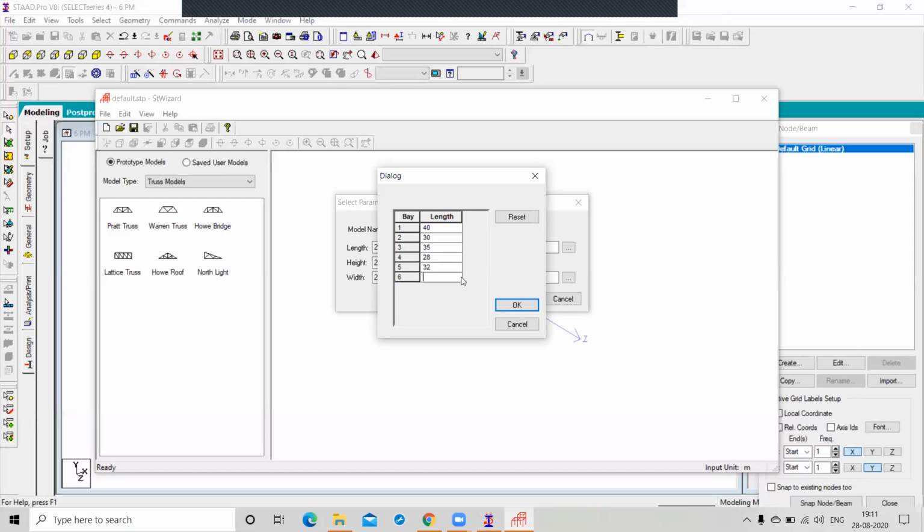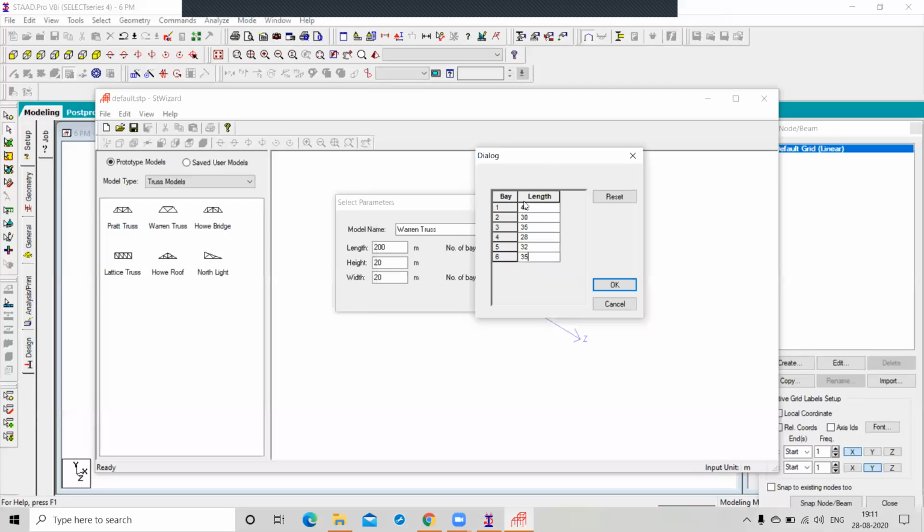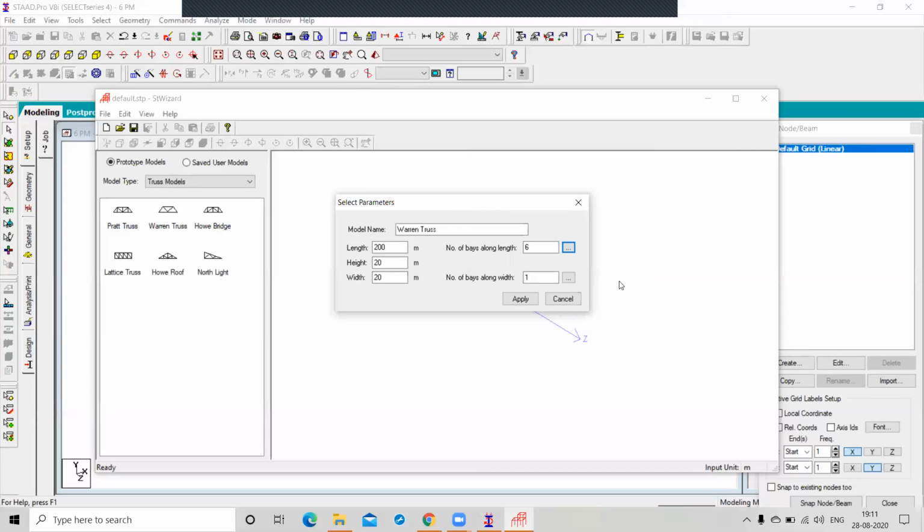Yes. So the total number is 200. You can't leave less, or you can't add more. You have to get the exact number by adding these base lengths. Yes. You can click on OK, right?